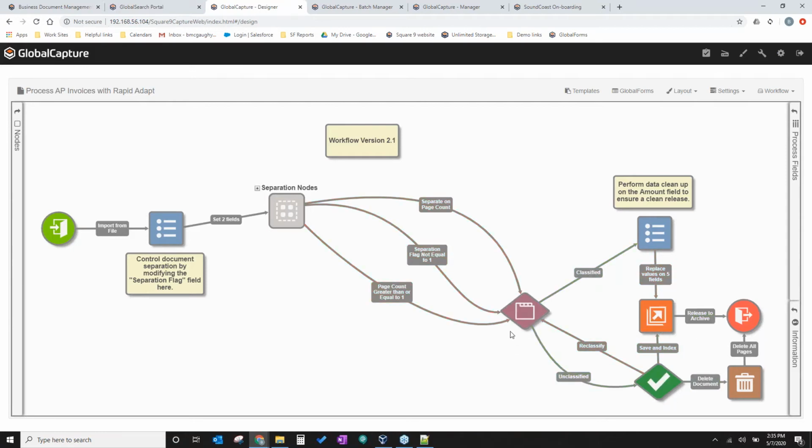Now, let's say that an invoice hasn't been trained yet. People are always adding new invoices, or changing the format of their invoice, and we need to be able to identify those and not have them go into Neverland, right? We need to be able to say, hey, we didn't recognize this document, what do we want to do with it? So we create what we call a validation step. If the document is not recognized by the system, it goes into an unclassified state and drops into this validation. And that's what we're going to take a look at right now.